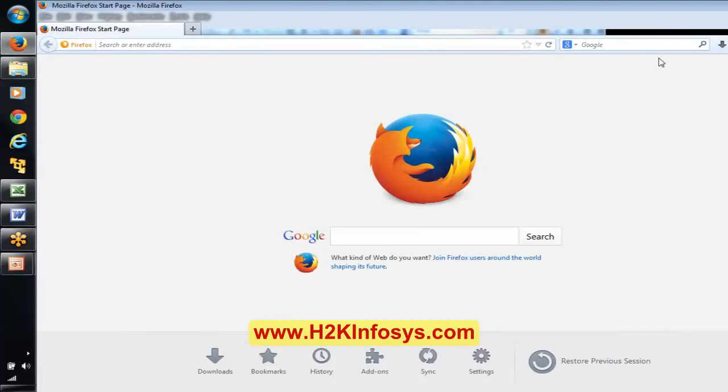Even nowadays, when we try to log into Gmail, there is an option: do you want to log in as basic HTML? If you have a slower connection, it gives a suggestion asking whether you want to launch Gmail using basic HTML.